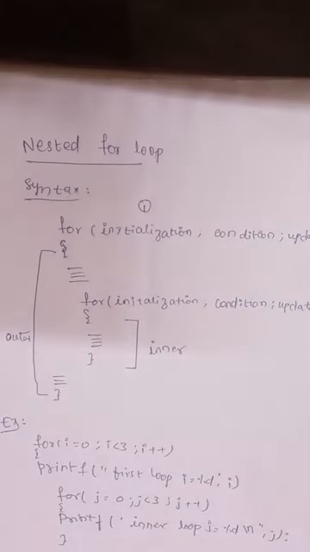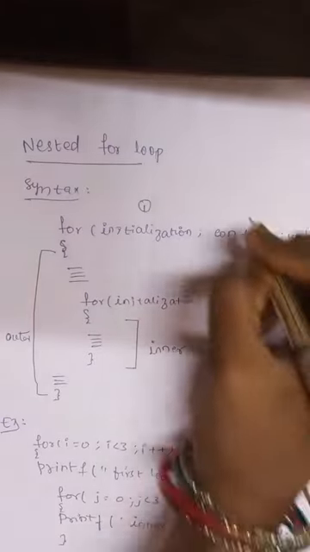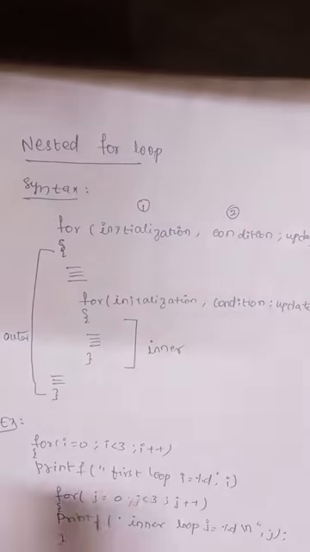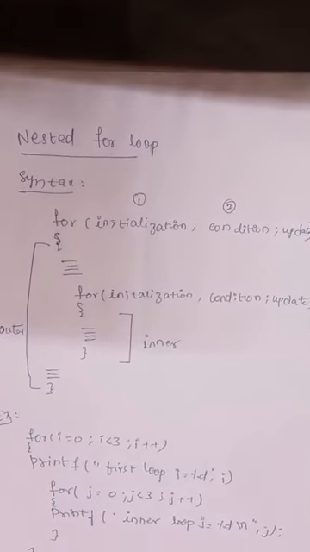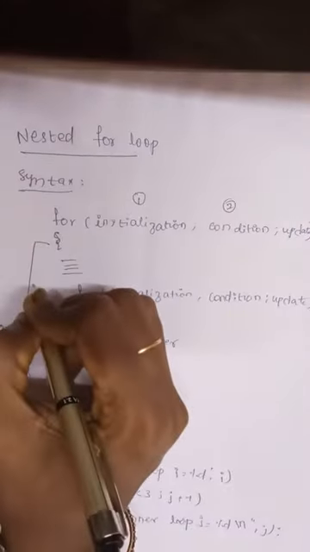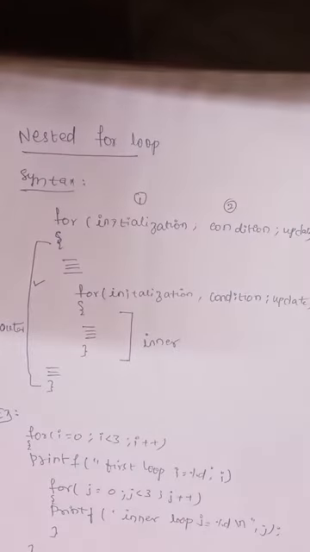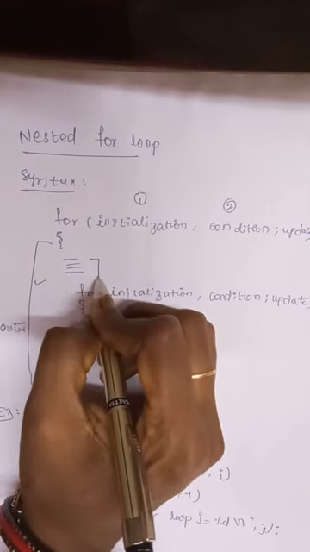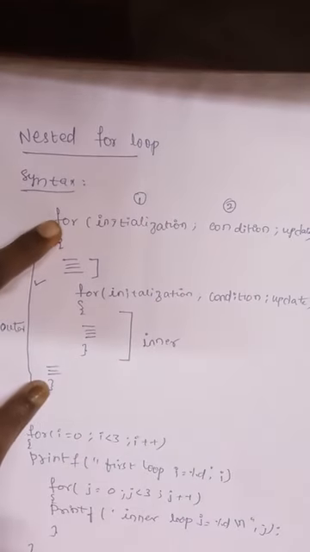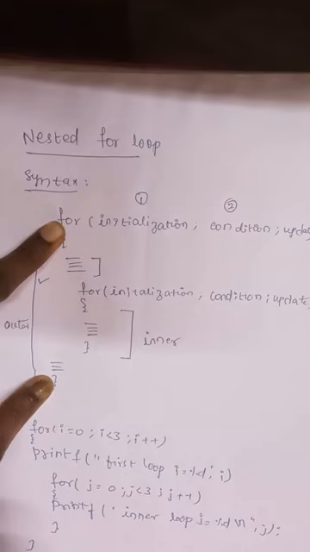Now when you encounter this syntax in the program, first this initialization will be done. After the initialization of the outer for loop, it will test the condition of the for loop. If this condition is true, then control enters into the for loop. When control enters the for loop, it executes the statements which are under the for loop. That means from here to here the for loop will be executed.